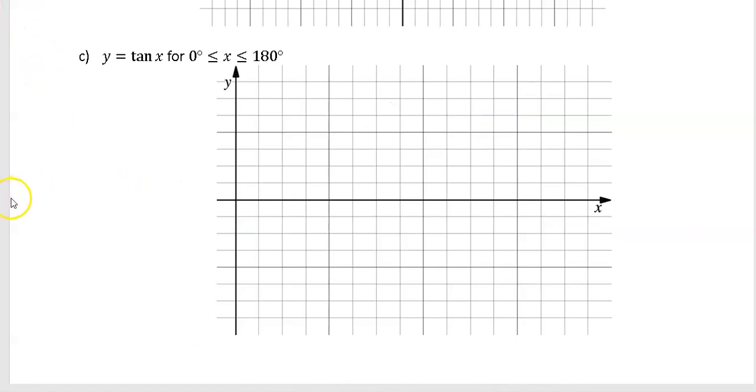Okay, tan graph. Now this is a tricky one. We want to do this one between 0 and 180, so we might as well put your 180 at the very end here, and then my 90 is here. And the most important thing to do, 2 things to note here, but first of all, there is no vertical scale on this. The reason there's no vertical scale is it goes up to infinity. So the tan graph actually shoots up to infinity,